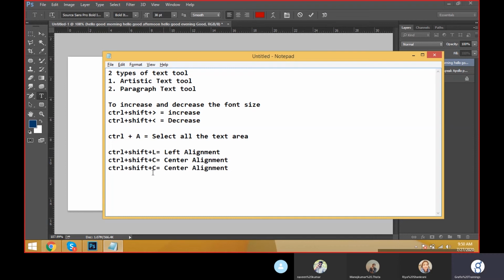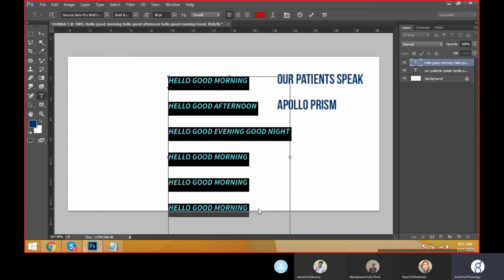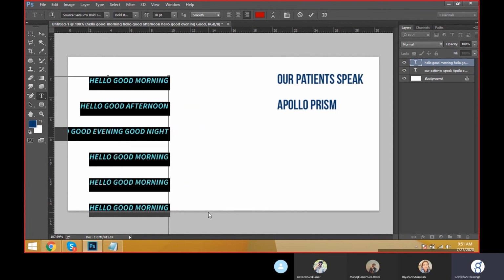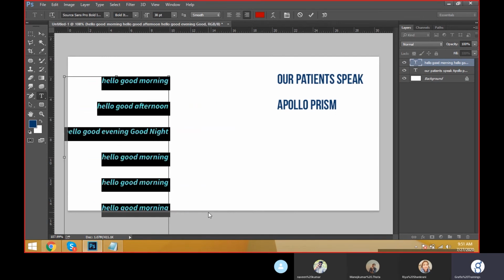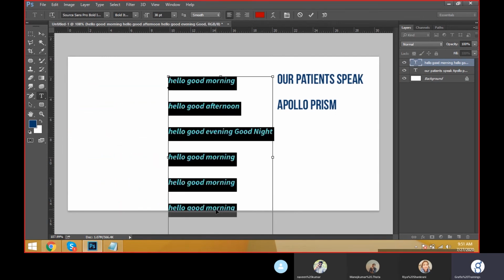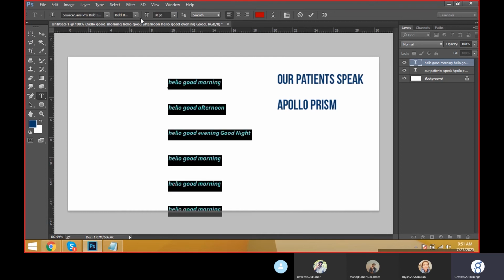As well as right alignment. Generally, select the text and press Control Shift L for left alignment, Control Shift C for center alignment, Control Shift R for right alignment. Like this we can change the text formats.